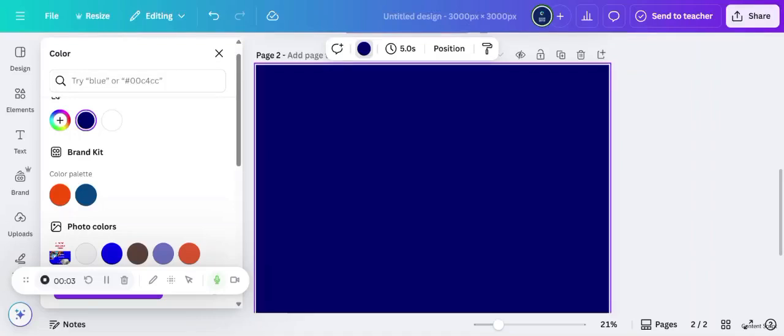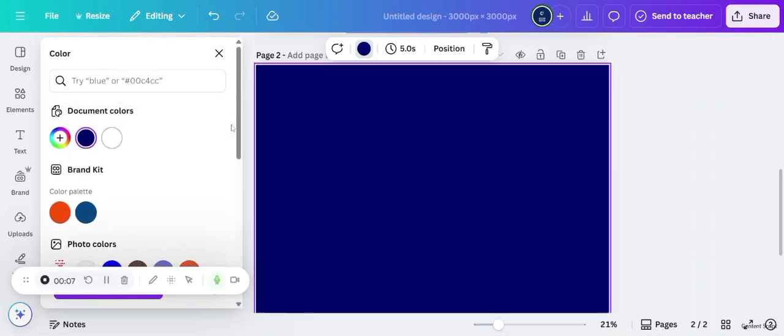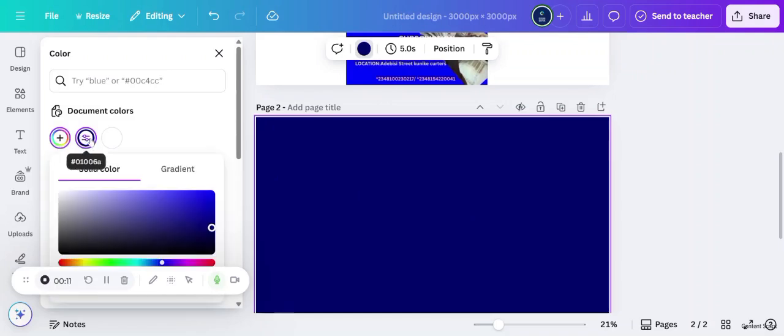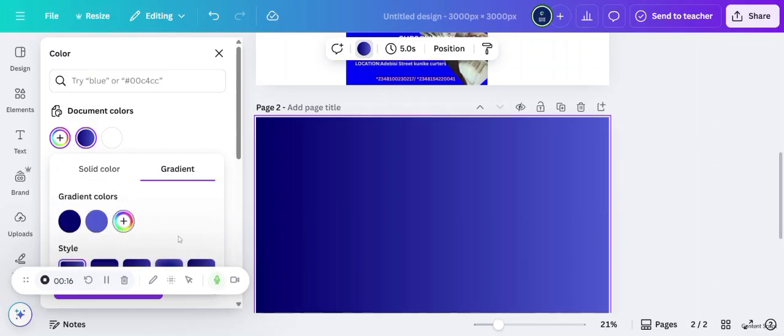Alright, I hope you can see my screen. So what I'll do now is that I want to make it a gradient. I don't like this color as it is, so I'm going to make it a bit of a gradient. I now have two colors. So if you look at this arrangement down here,